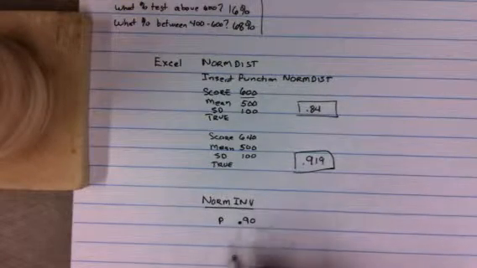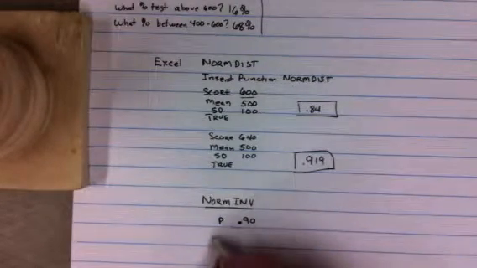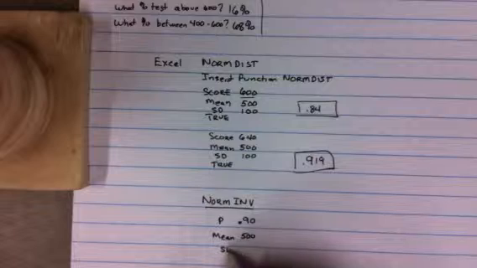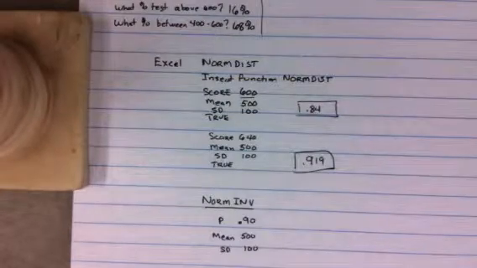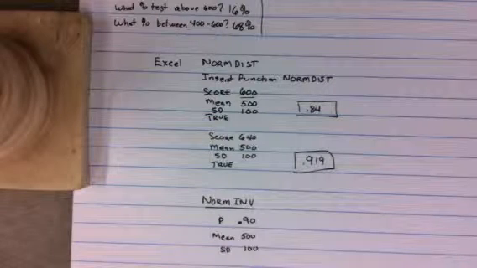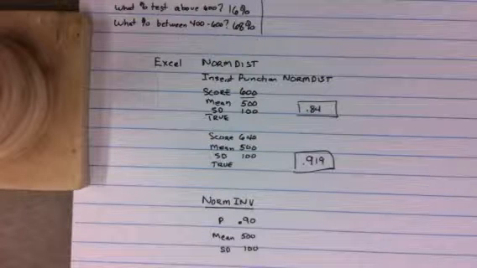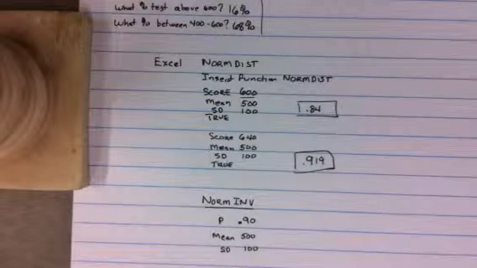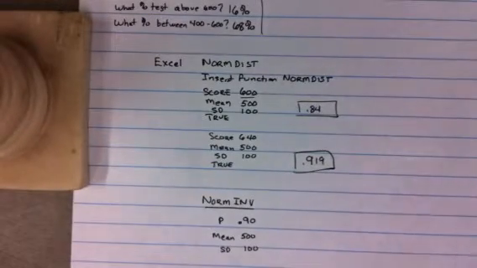Notice I'm putting in P equals 0.90 because that would mean 90% test below that particular score. I also put in the same mean and the same standard deviation, and I'm going to see what score Excel gives me. So I'm back over to Excel. I am looking for the function NormInv. As soon as I put it in, it says probability. I'm going to put 0.90. It says the mean, that's going to be 500. The standard deviation is 100. And it tells me that the exact score, theoretically, is